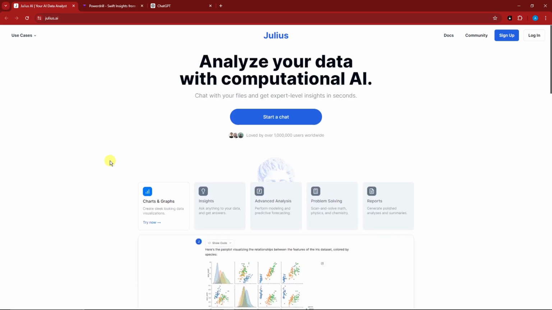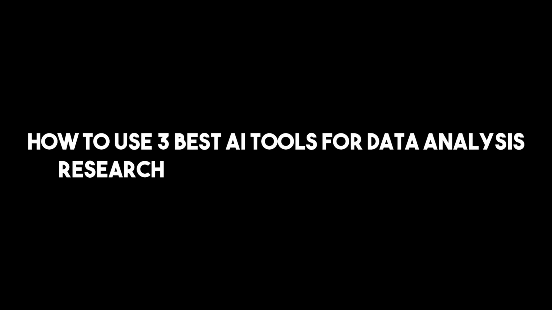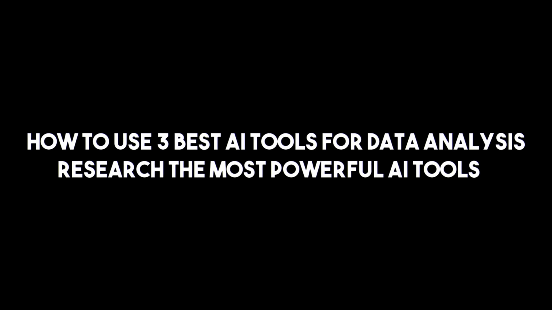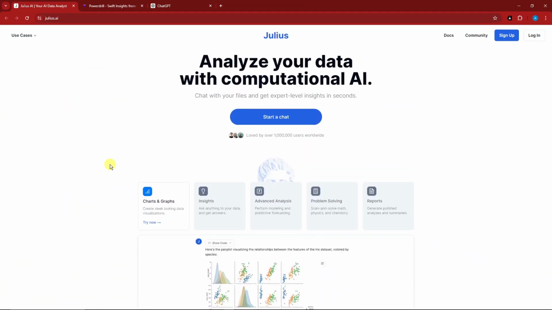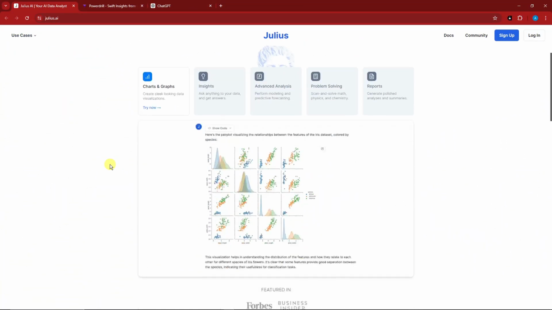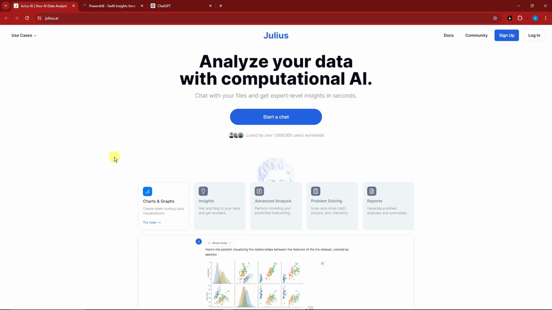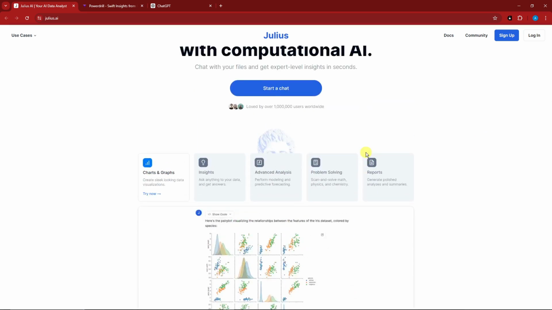So in this video, I'm gonna teach you how to use 3 best AI tools for data analysis. Research the most powerful AI tools. Now with this one, we're gonna start off with Julius AI. Now as a fellow data analyst, I really love Julius AI. Second to ChatGPT of course. However, with this one, it's a bit more complicated than ChatGPT, but I'm gonna teach you an easy way to